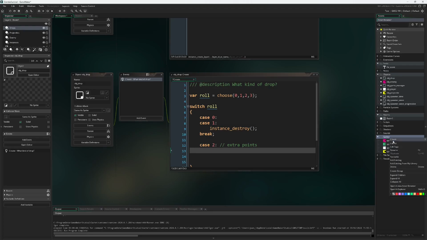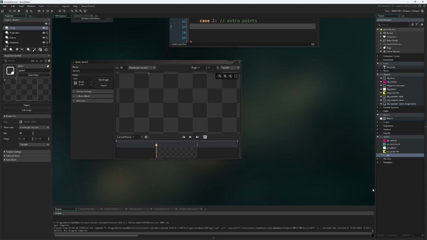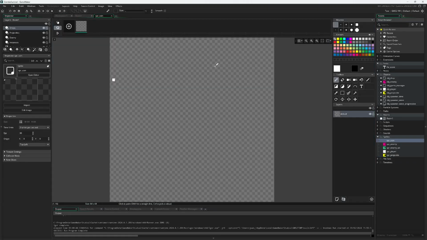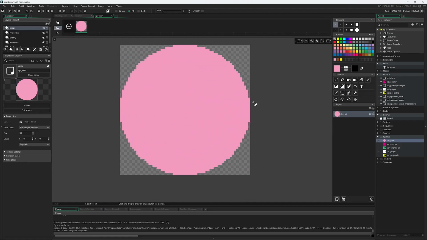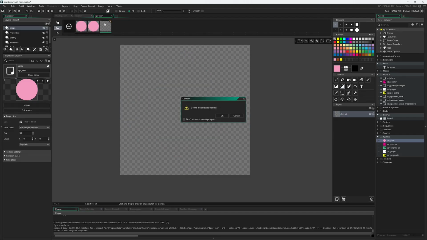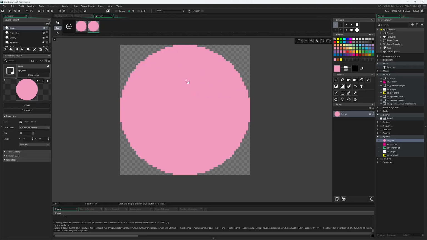I'm going to go into sprite and I'm going to create, let's see, a new sprite, spr_coin. So I'm going to edit this. I'm just going to put a large circle. Let's see, we already have a decent number of colors. This one. Create a large circle that covers the full length of this. And just to show off some sprite work, I'm going to duplicate this, delete. Let me select this and